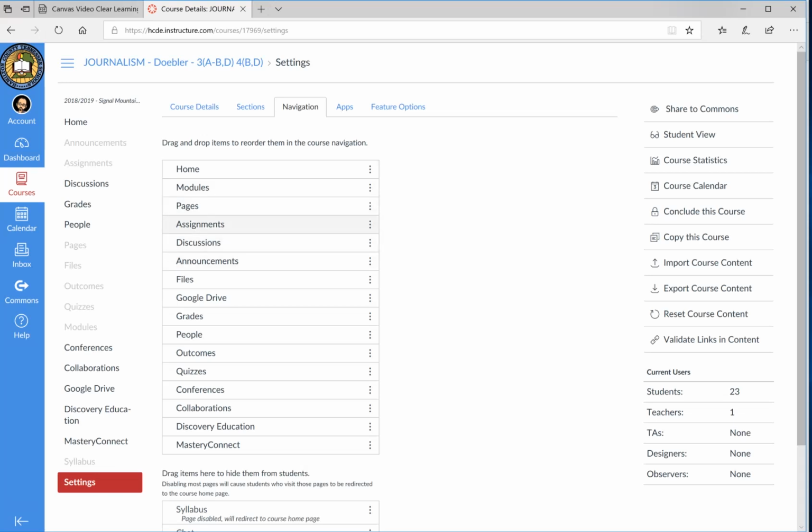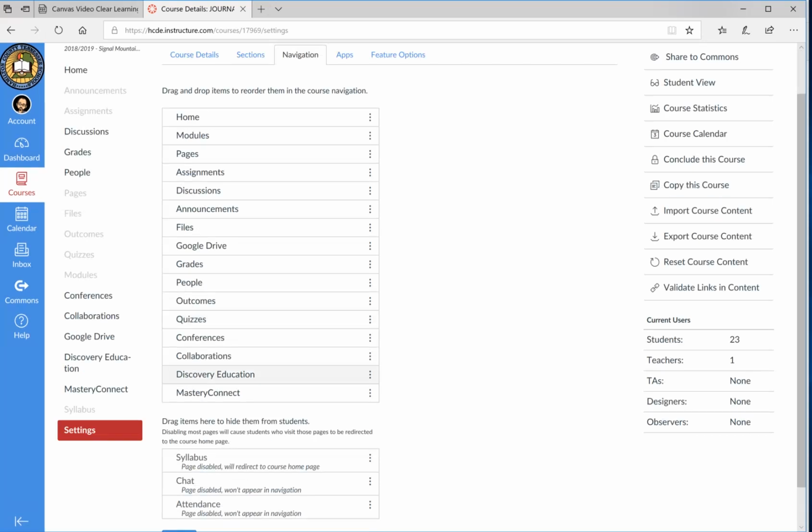What I'm doing is I'm just putting the type of content that we tend to use more frequently higher up on the navigation bar. Now, there are some of these that I don't use, like I don't use Discovery Ed, but maybe you would. Since I don't really need it on the navigation bar,